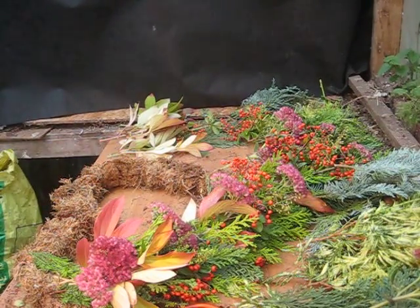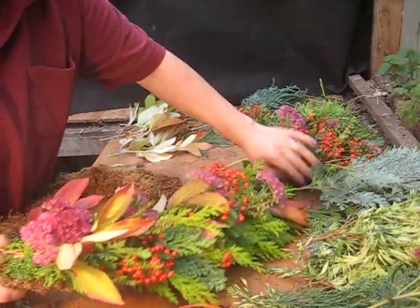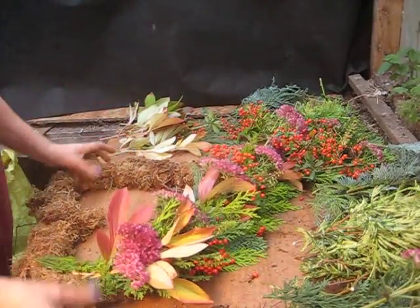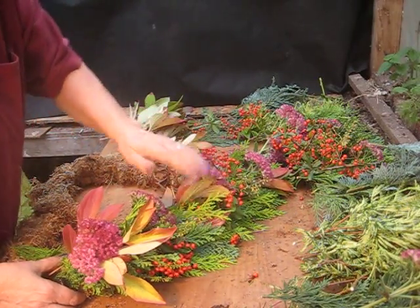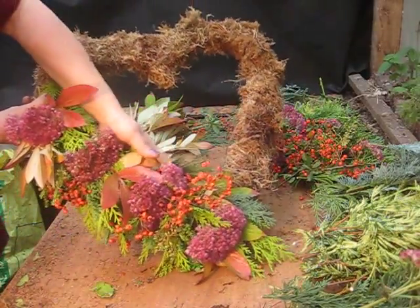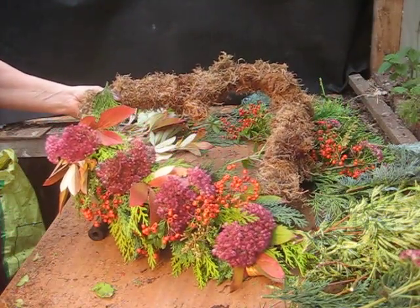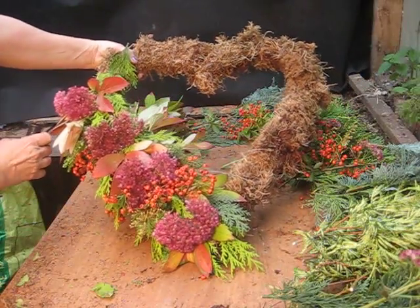And here we go. What I'm actually going to do is show you all the way around. I was just going to show you a bit at the beginning and at the end, but I'm going to show you all the way around. So I've just had a look at this on the computer, and you can't actually see the shape. So you can see there. You have to forgive the light. I went to have a cup of coffee and I've come back and the sun's gone and there's quite a difference in the light. So you can see